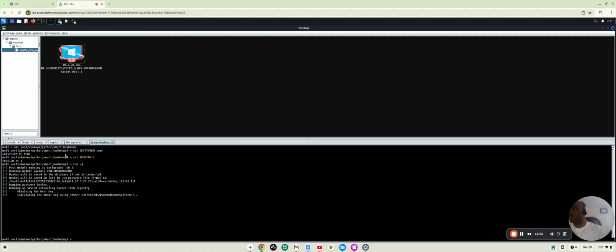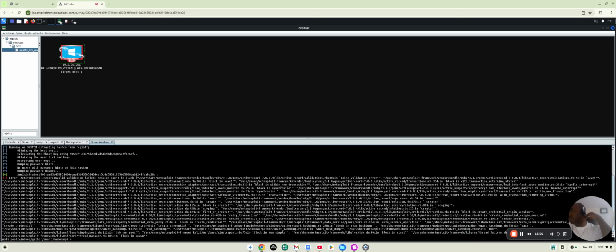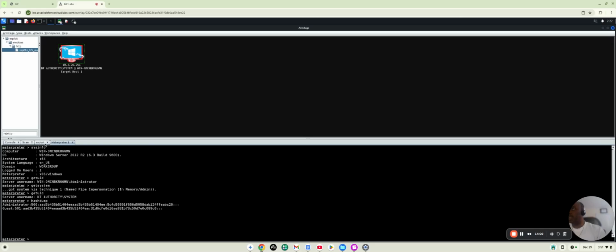All right, we can see we have that administrator password here. So if I exit out of this, I can exit out of these two because I don't really need those anymore. All right, so if I go to view and go to loop,